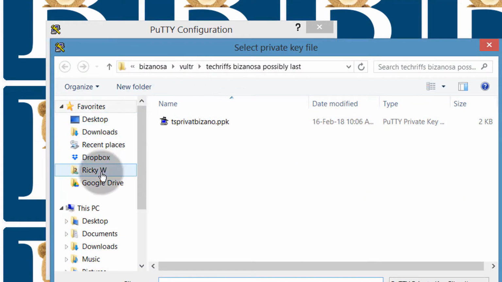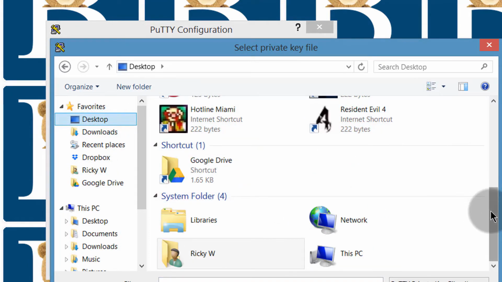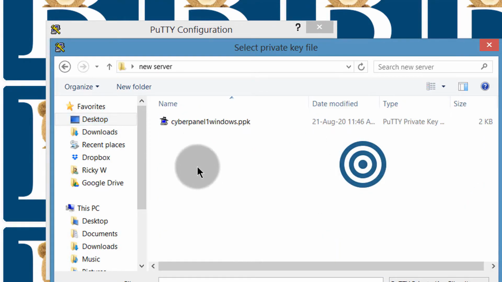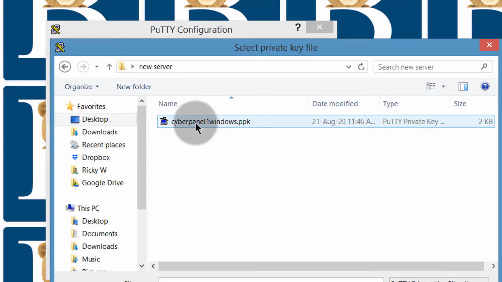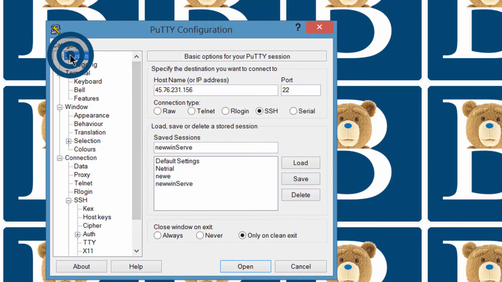Okay, so the key was saved under desktop, and then it was under a new folder. What was the name of the folder? New server. And then this is our private key. So I'm going to double click on it, and I don't want to always do that every time I want to log into my server. So what I'll do is I'll save this. I will go back into sessions, and I already have this loaded. So I'm just going to click here to save it. Okay. And once I do that, I can open,